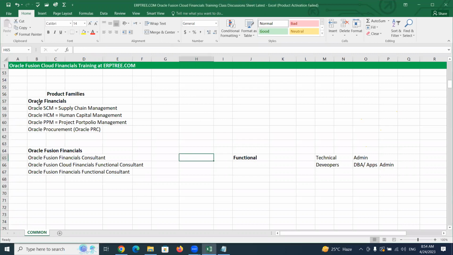So this is all about the different product families we have. Out of all these product families, the very primary one is finance, and that's what we are going to learn. As we discussed, these are the different roles: functional, technical, and admin. Functional is the high-demand area. These are the roles that you can apply for.